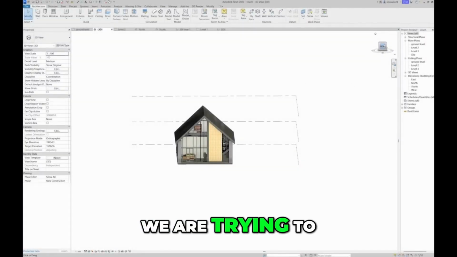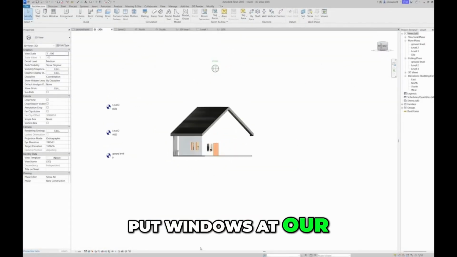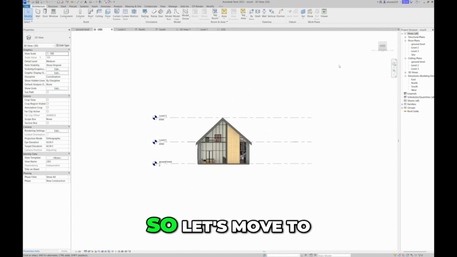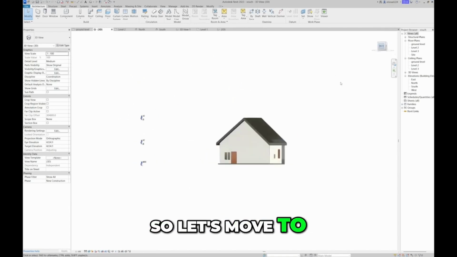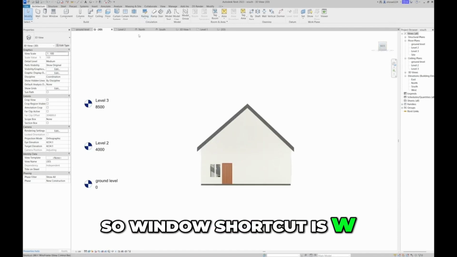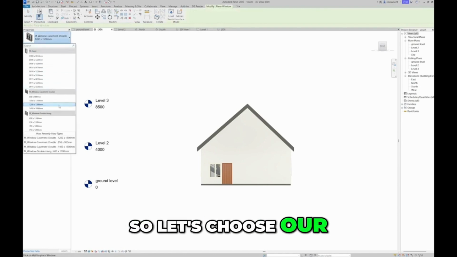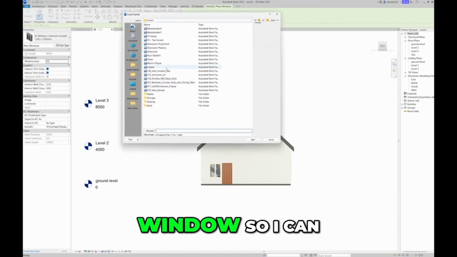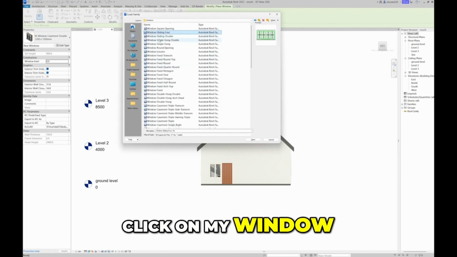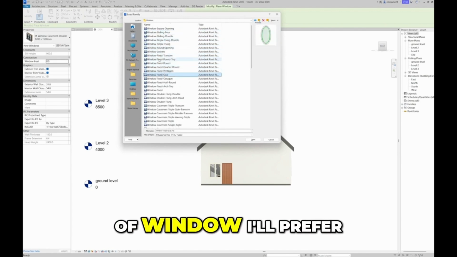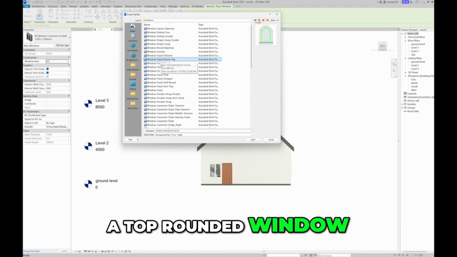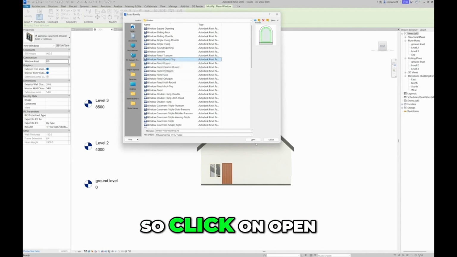Okay, next we are trying to put windows at our bedroom level. This should be on the second level. So let's move to the rear end or the back of our building. So window shortcut is WN. So let's choose our window. I want to use a different type of window, so I can come to the load family, click on my window and select the type of window I'll prefer to use. I'll be going for a top rounded window over here. So click on open